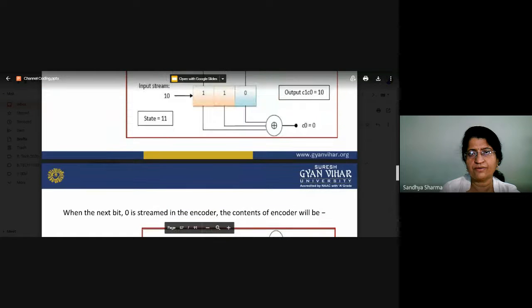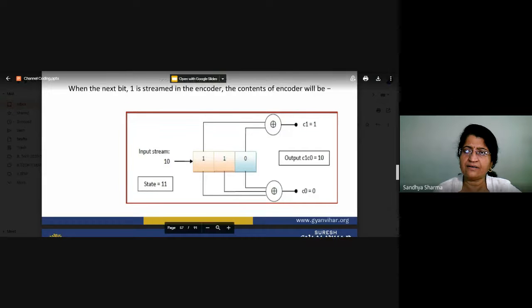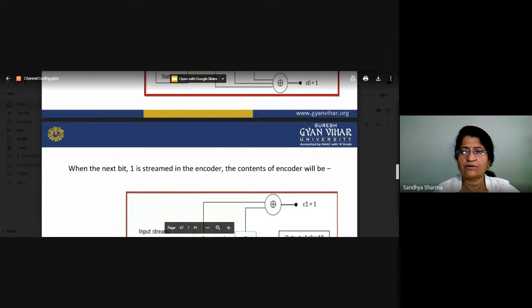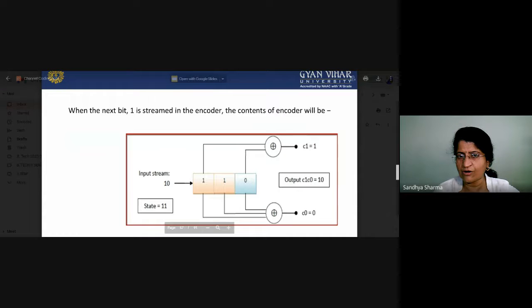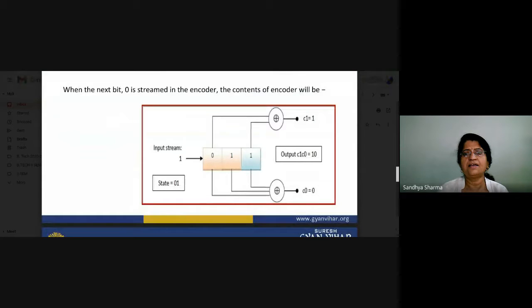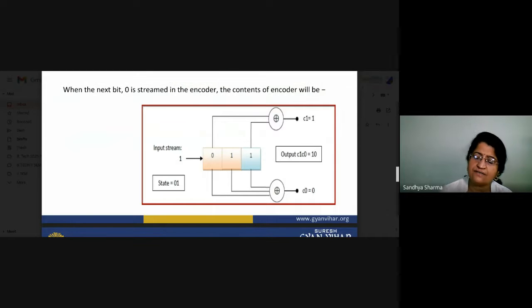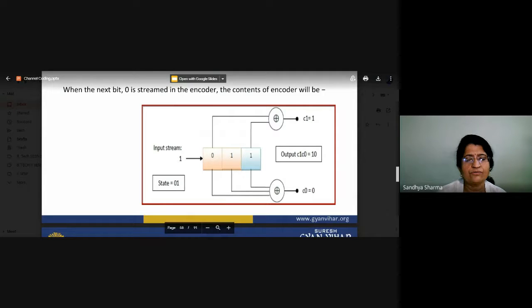We can also take a numerical. First of all, we will slightly revise. Our bits are entering one by one. When the first bit enters, you can see here, this bit will be shifted to this place. Now the second bit will be entered in this place. So that is the diagram. After the second bit is entered, you again do the XOR operations and you will receive C1 and C0. What is the value of C1 and C0? That is equal to 1 1 0. And what is the state? When you want to calculate the state, you have to move the shift out. When you shift out, this decides the state. So the state is 0 1.